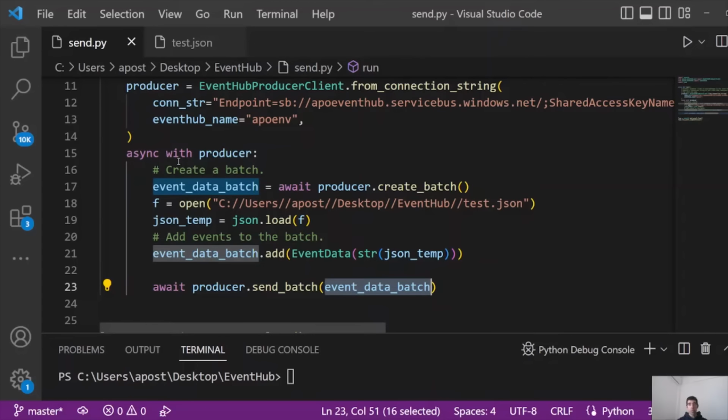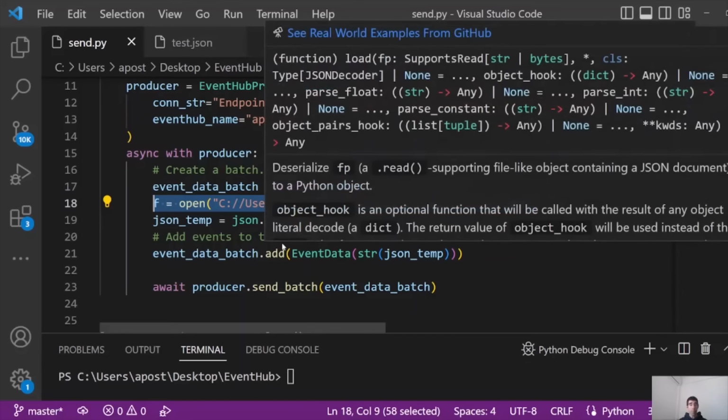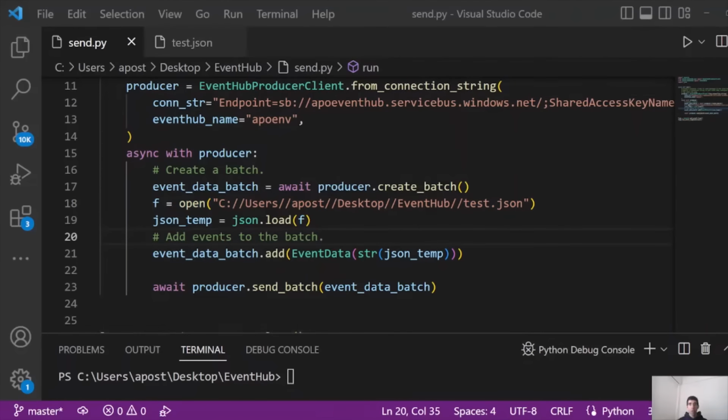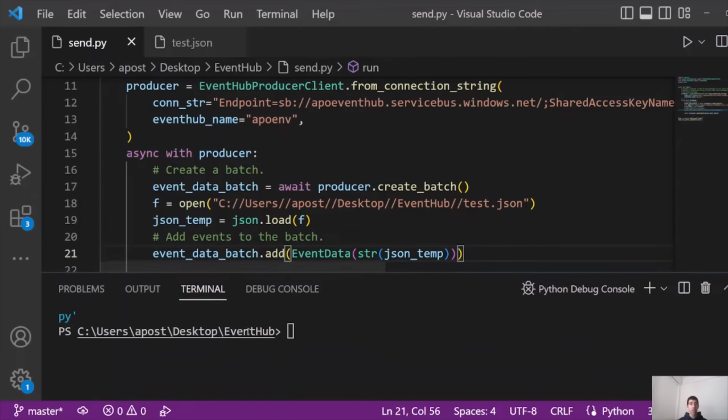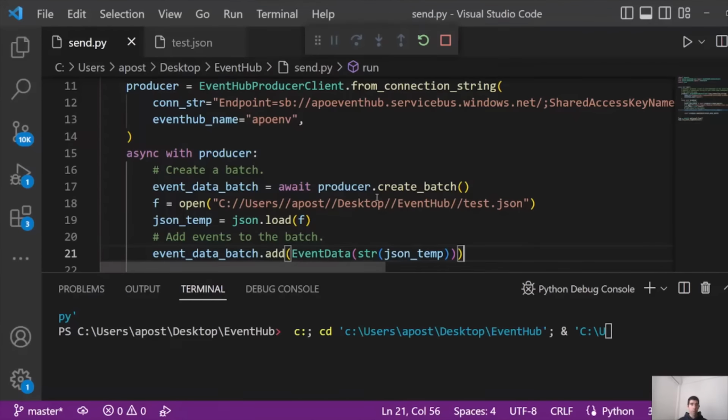Of course, this is just an example. In real life, you will have to send more complicated JSON and other files, right? But here, that's how we send batches of data into Azure EventHub. Very simple. I'm going to save and run the script, and that will send data to Azure EventHub. So if we click run,